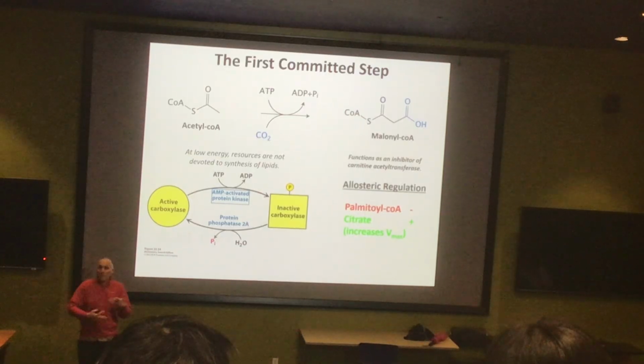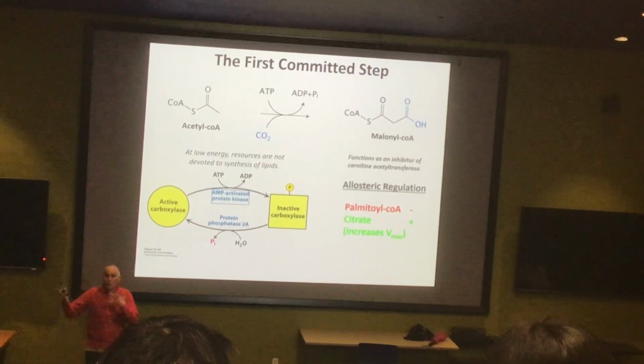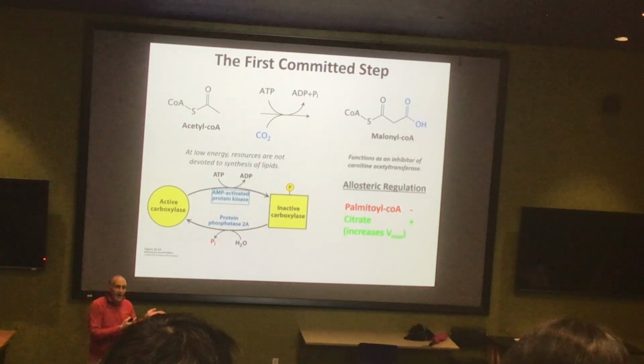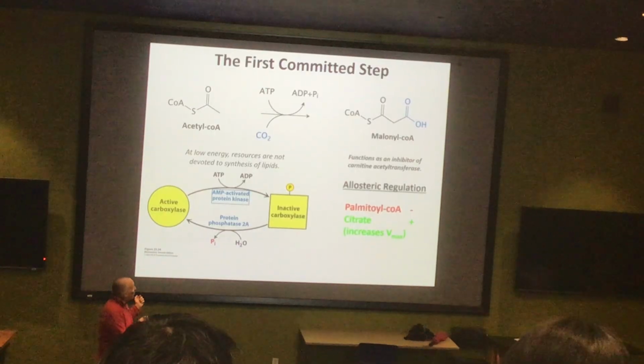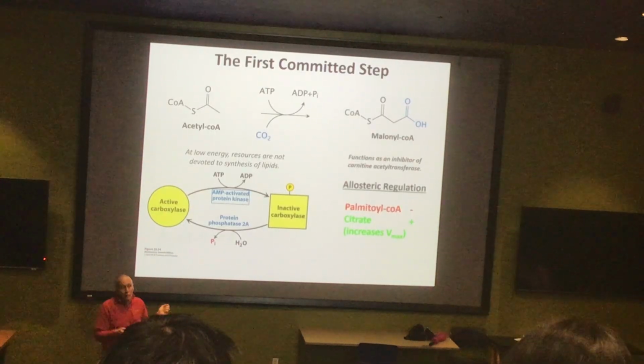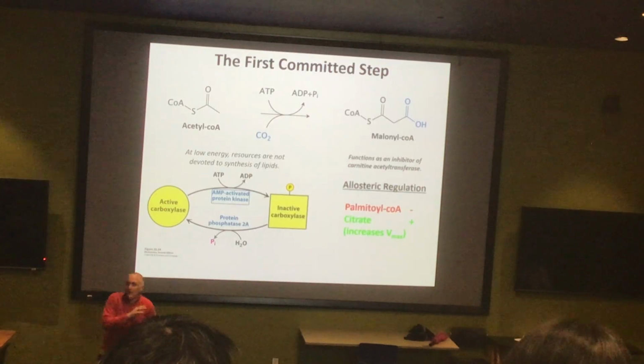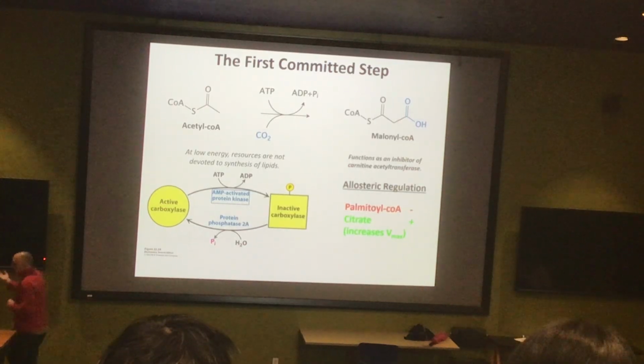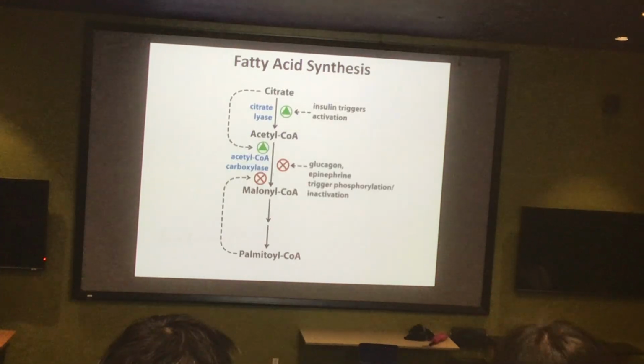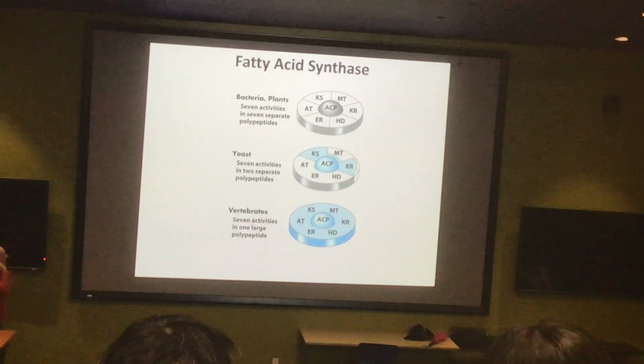You do not want to be making fatty acids just to ship them off to get degraded by beta oxidation. So if malonyl-CoA is present, that carnitine acetyltransferase is inactive, so those freshly made lipids don't immediately get delivered to the mitochondria and chopped back up into acetyl-CoAs, because that would really be a futile cycle. Okay, time to make these fatty acids.